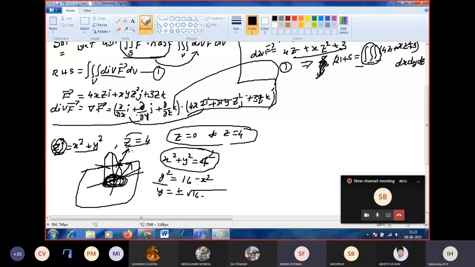Excuse me, ma'am, can you explain from the figure how you got x equals 0 to 4? Z equals 0 to 4. So here, I have an xy plane. Actually, it is 3 dimensional. If it were a cross, I would have shown it using my hands.